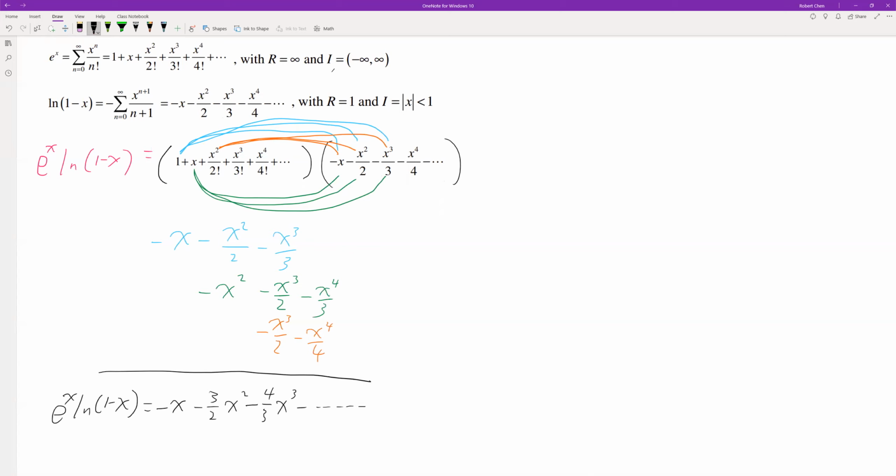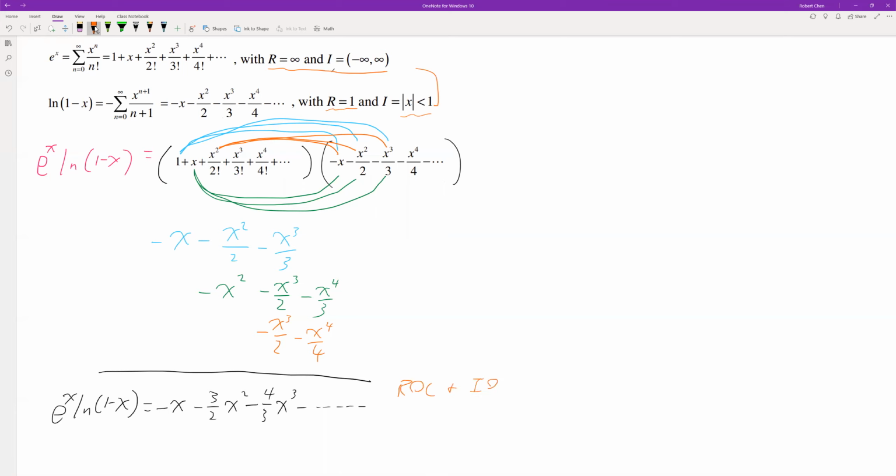Now let's look at the radius of convergence and interval of convergence. Notice that for e to the x, it's very nice. It's converging everywhere. But for ln of 1 minus x, it has a strict radius of 1, and the interval is between -1 and 1. So when we multiply these two together, the interval of convergence and radius of convergence will be